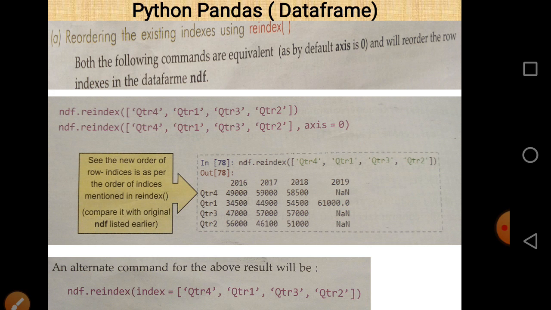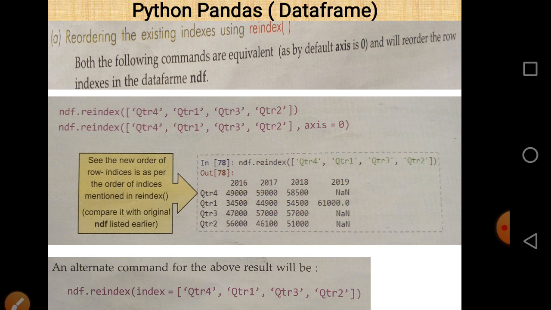So basically it tells that the original index will be changed and the new index will appear after using reindex. Using reindex we change the order of indexes. The original index contains the order q2r1, q2r2, q2r3 and q2r4, but after applying the reindex method, the new index contains the order q2r4, q2r1, q2r3 and then q2r2.